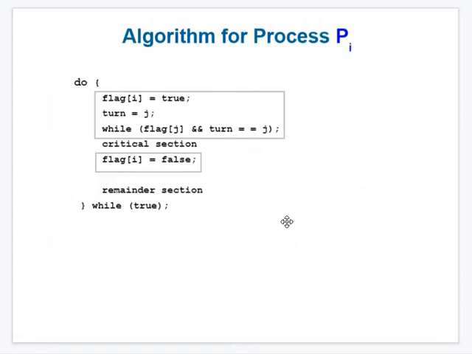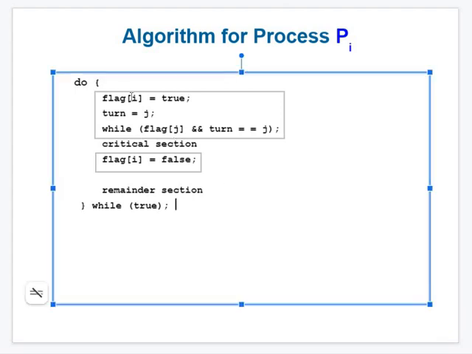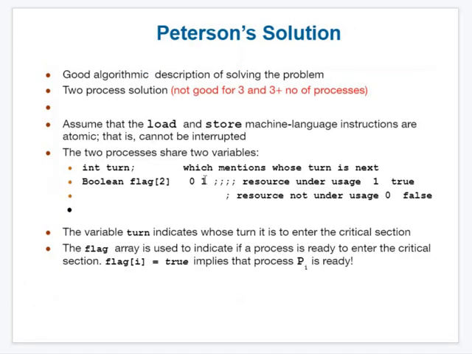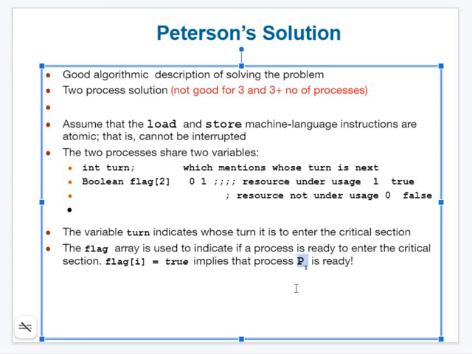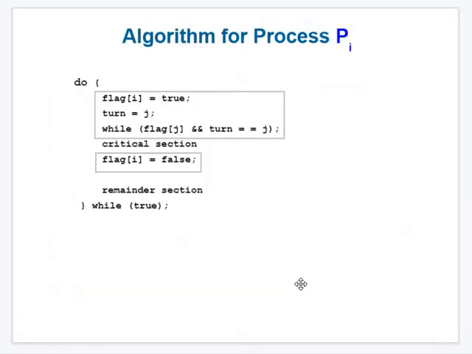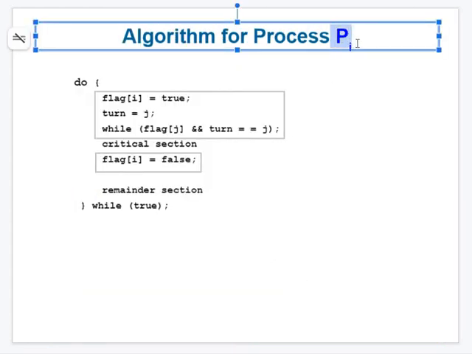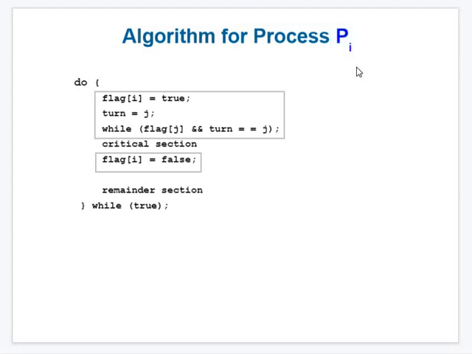Okay, so now there is one algorithm. Please remember, you have to write the algorithm in the examination also. Now you see, let's assume there is one critical section. The assumption is that there are two processes. One is Pi and the second is Pj. Now this algorithm, please remember, is for I only. So I am explaining with respect to I.